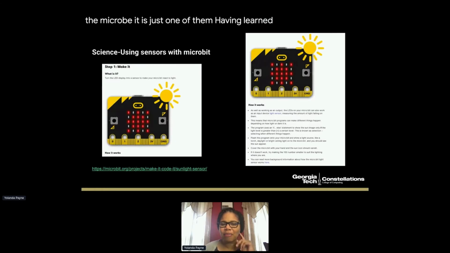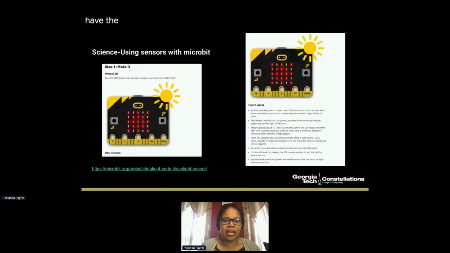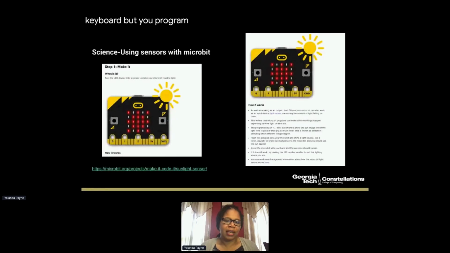Having learned about the microbit last year at our summit, I have wholeheartedly embraced it and introduced it to many of my colleagues. What I love about the microbit is that it is a standalone product. You get a battery pack and it's powered up, and you have the power of pretty much a cell phone in your hand without the keyboard, but you program it and it'll do different things. And so for science,